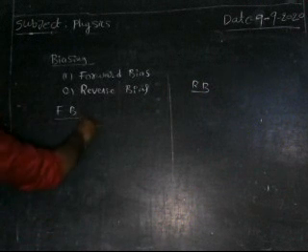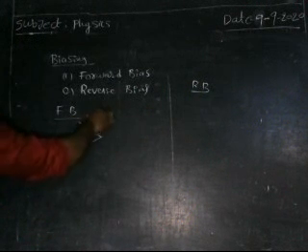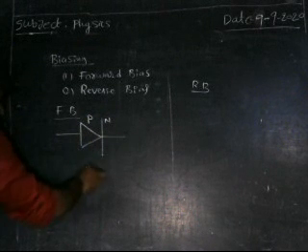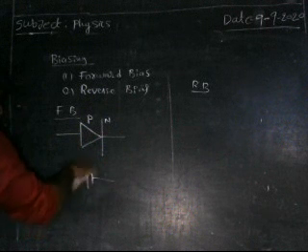Suppose you take a diode, this is P-type and this is N-type. This is the symbol for a battery. The big line